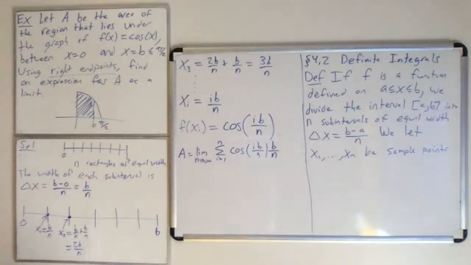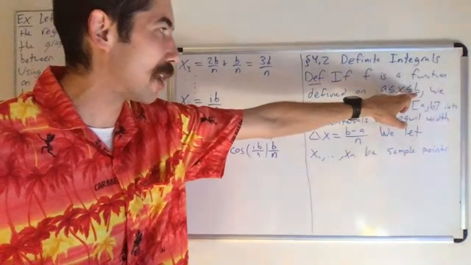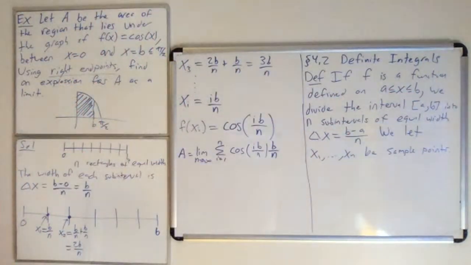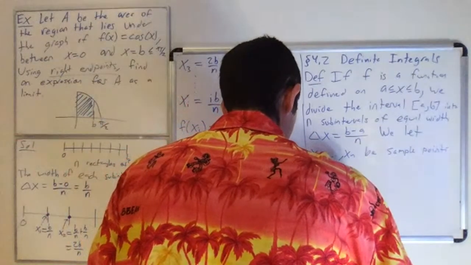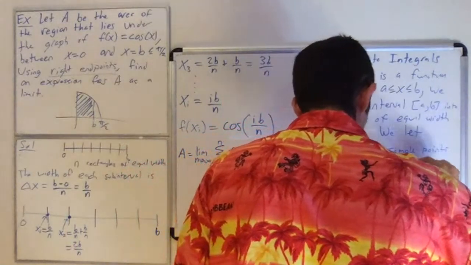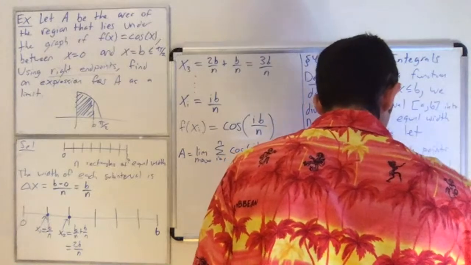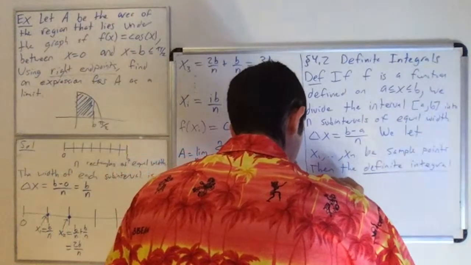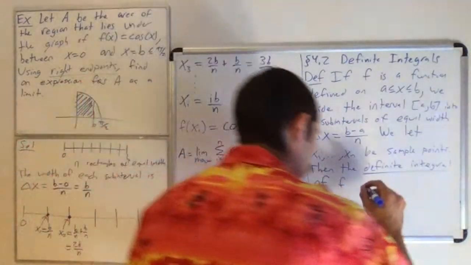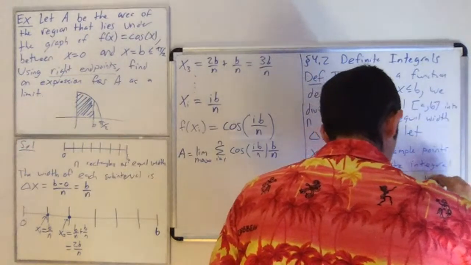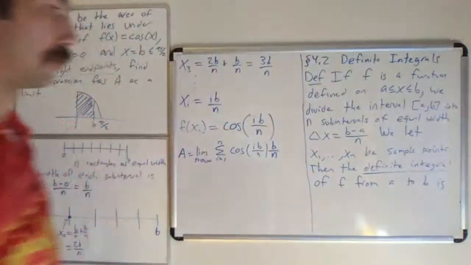Okay, so this is all the buildup. We have a function that's defined on some interval. We take our region, break it up into a bunch of subintervals, take some sample points. Then the definite integral of f from A to B is,